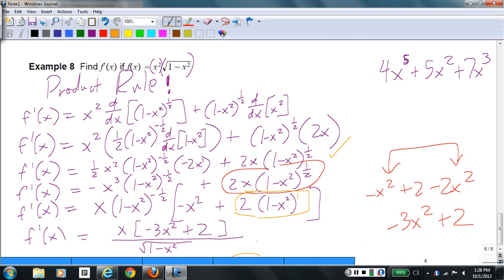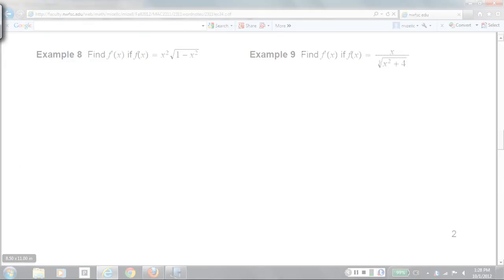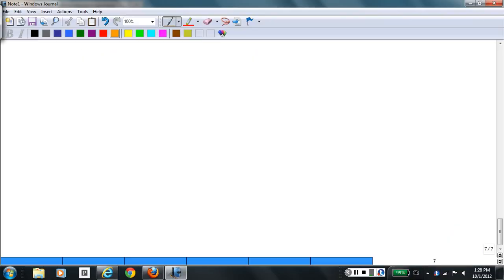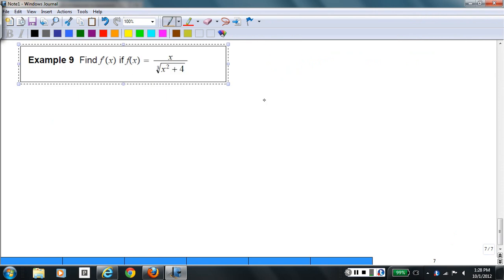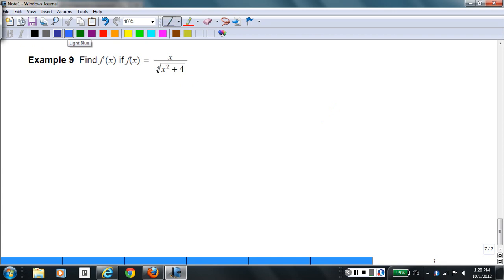Let's see if example 9 is any better. I suspect it might actually be a little worse. Because it involves not the product rule, but what? Quotient rule. So that's the framework. We know we can take the derivative of x, and if we have the chain rule at our disposal, we can also take the derivative of the cube root of x squared plus 4. That's a composition of two functions, each of whose derivatives we know how to find. So this is the quotient then of two functions whose derivatives we know how to find, and the quotient rule